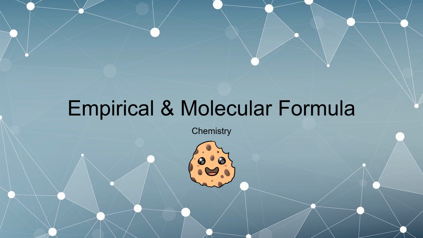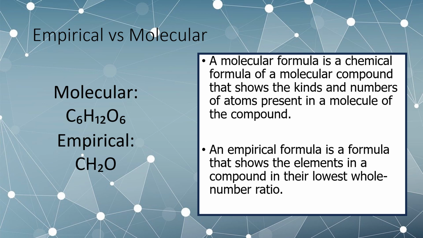Today we'll be exploring the concepts of empirical and molecular formula for chemical compounds. So, what's the difference between an empirical and a molecular formula? A molecular formula is a chemical formula of a molecular compound that shows the kinds and numbers of atoms present in the molecule of that compound. This is probably the type you're most familiar with, which shows all the different elements that are present within that compound. An empirical formula, on the other hand, is the formula that shows the elements in that compound in their